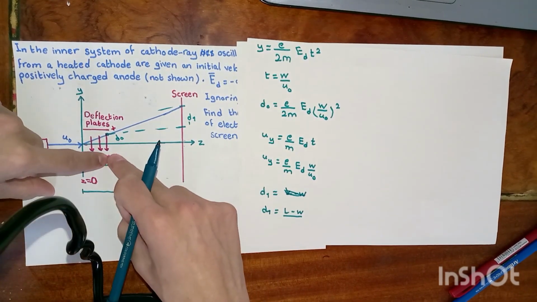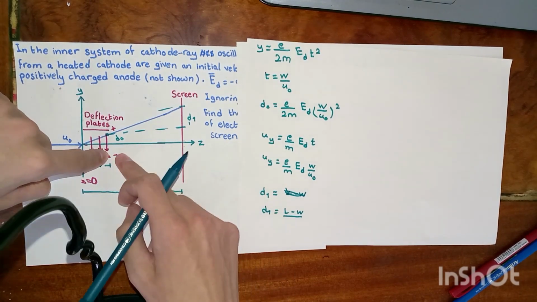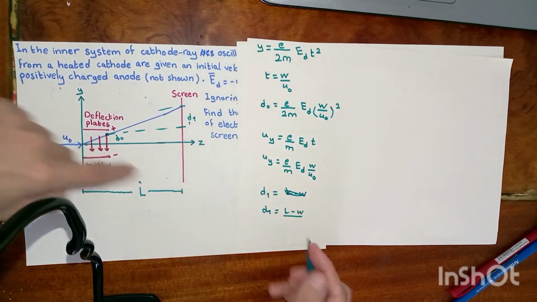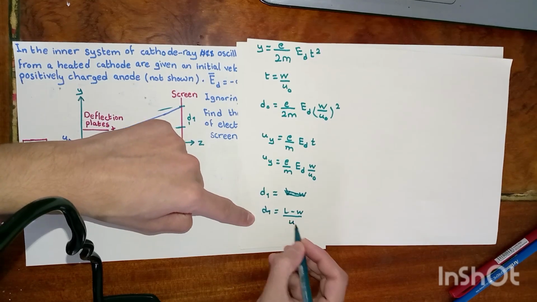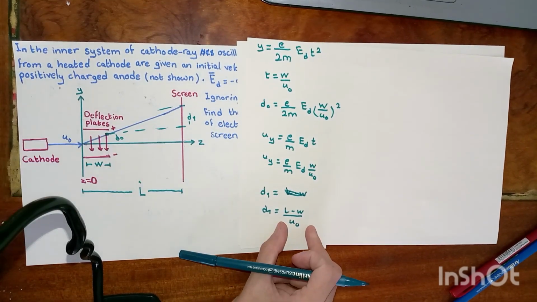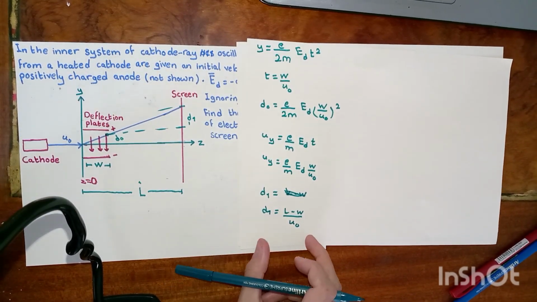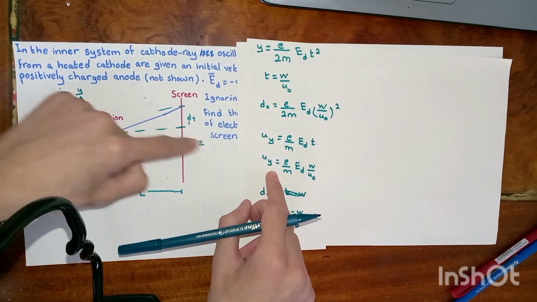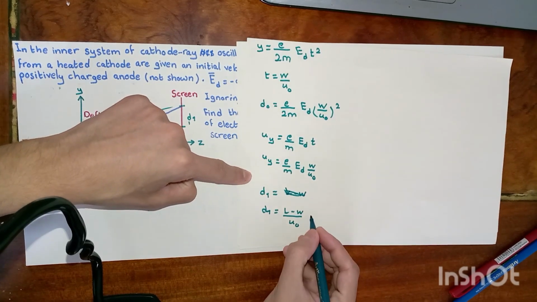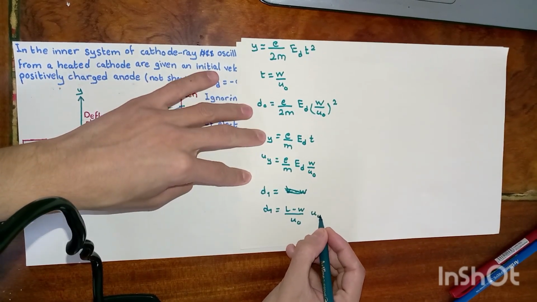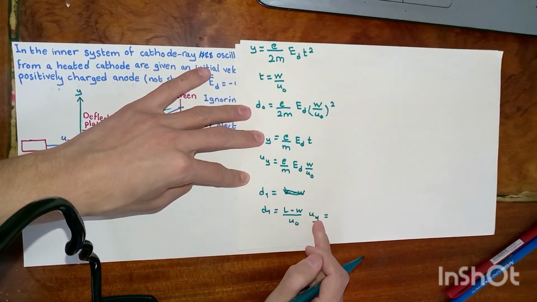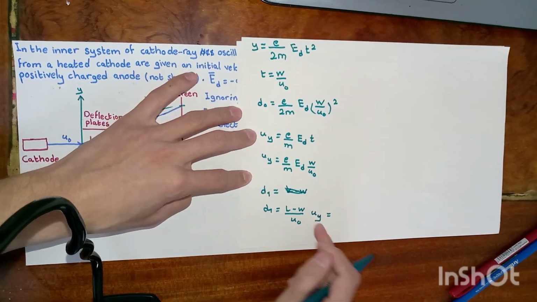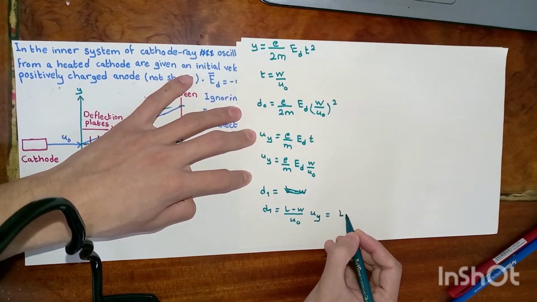And as we said, the velocity towards the z direction is constant, and it's equal to u sub 0. This is the time, and now we want the velocity, and we said this velocity is constant with respect to y, and this is u sub y. Now substitute this for u sub y in this equation, and we will end up with